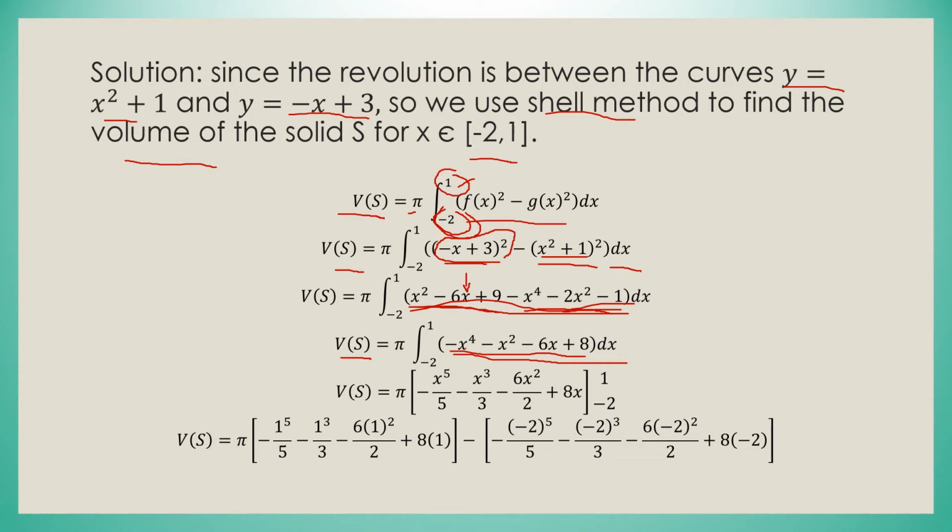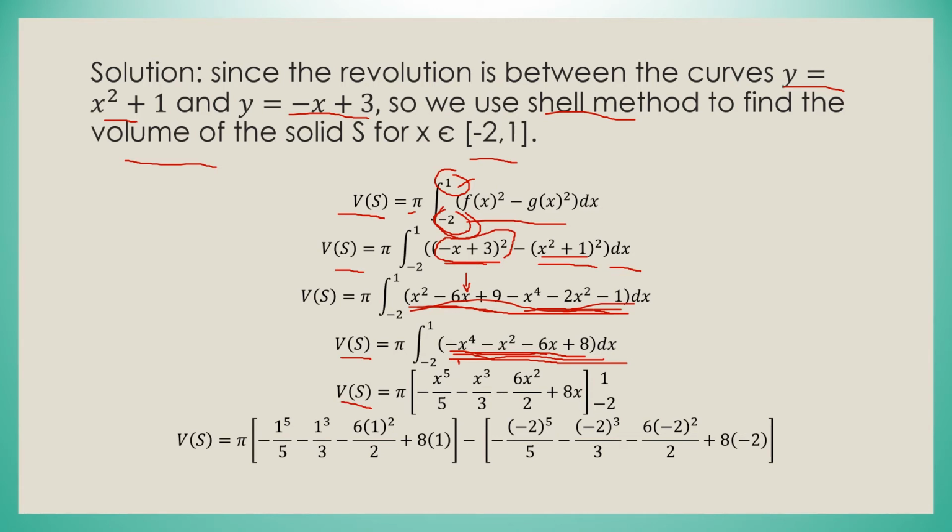And after that, we are going to apply the power rule of integration to this equation. So we have negative x raised to 4, negative x raised to 2, minus 6x plus 8. We can calculate x raised to 5 over 5 minus x raised to 3 over 3 minus 6x squared over 2 plus 8x. So after applying the power rule of integration, we have the volume